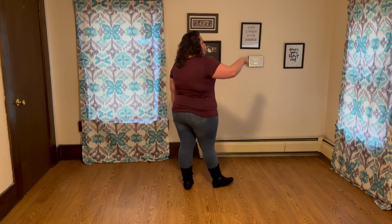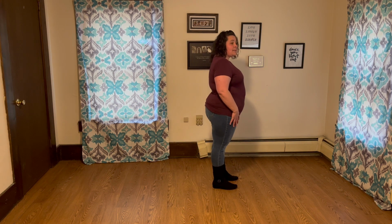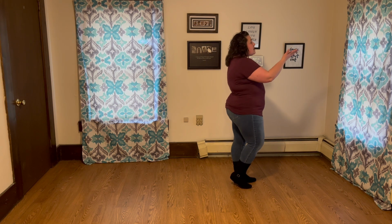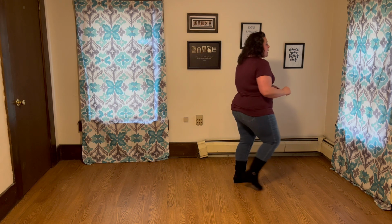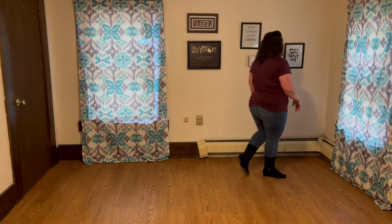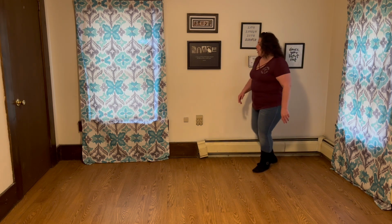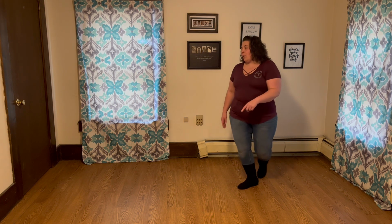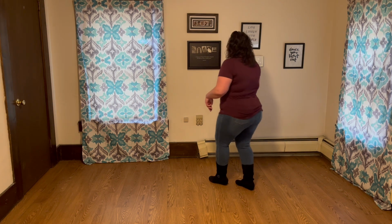So let's practice that restart. Every single time it's the same restart, so it makes it nice and easy. So we're here, we would have just finished our half-half. We're going to dance 16 counts. Step, touch, side, weave, behind, side, cross, quarter, quarter, cross, point, step, point, bow, rock, recover, cross, samba, rocking chair,